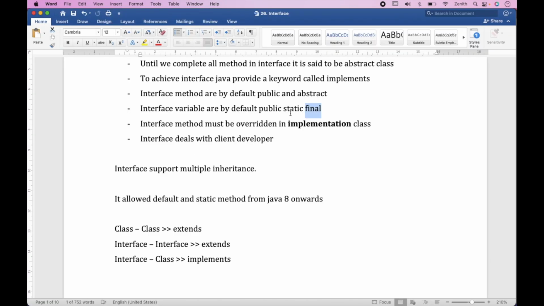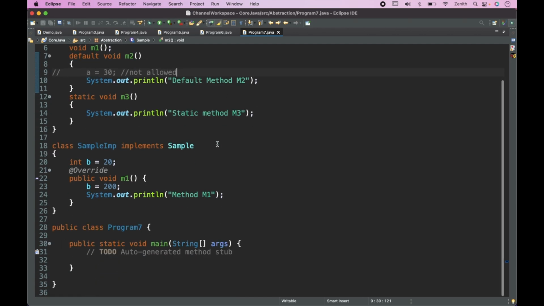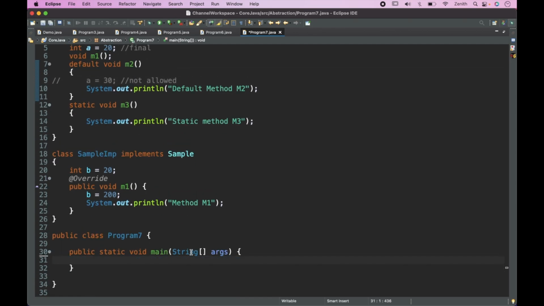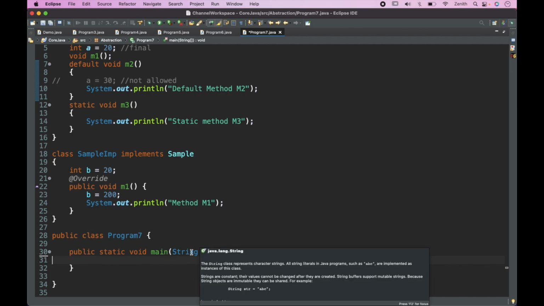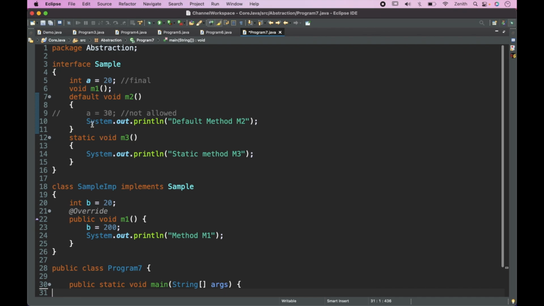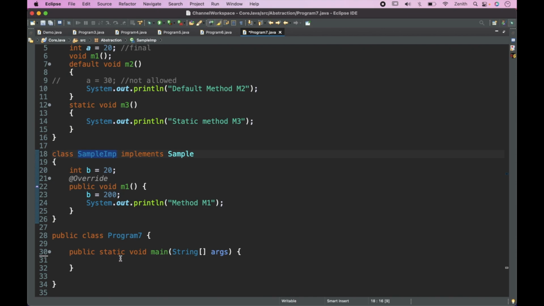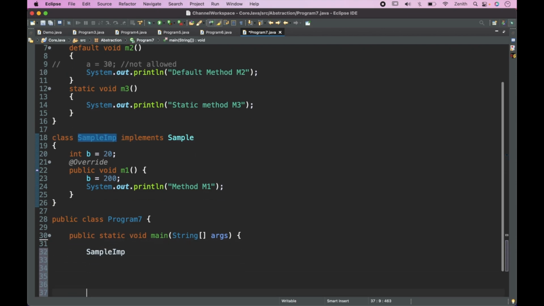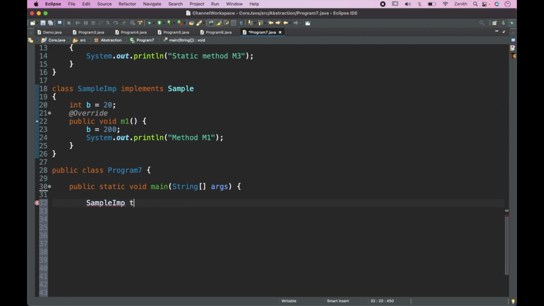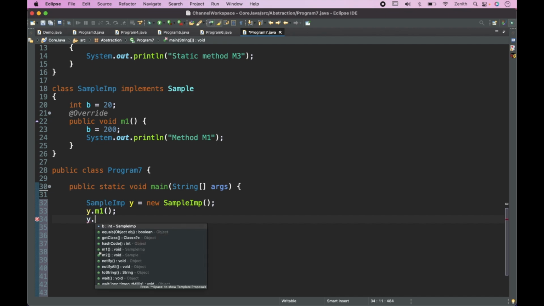And one more thing, that it is static too. Now let's see how we can prove that this is static. For example, this is our class, and first of all I'll try to call all these methods. So for that I will create the object of this class. Let's make some space. y equals new, and y.m1, then y.m2,